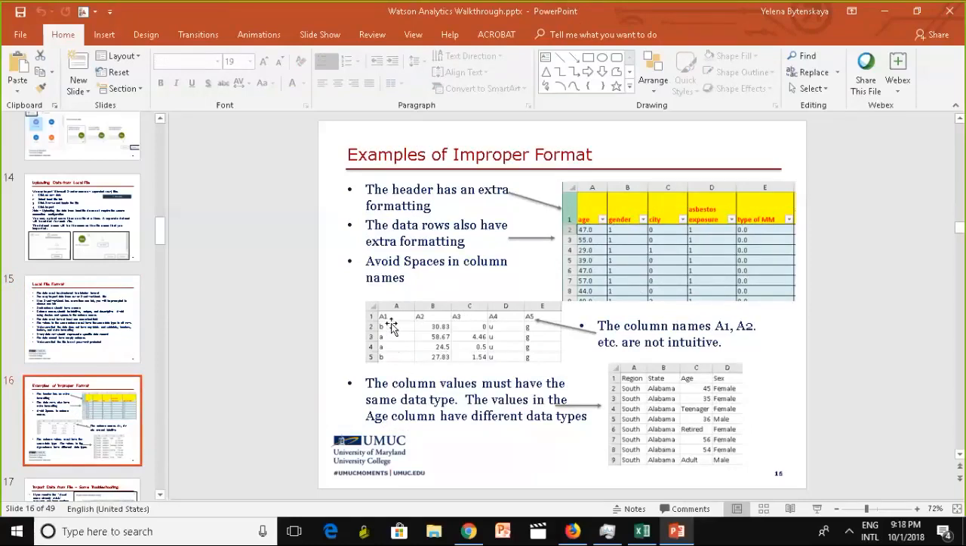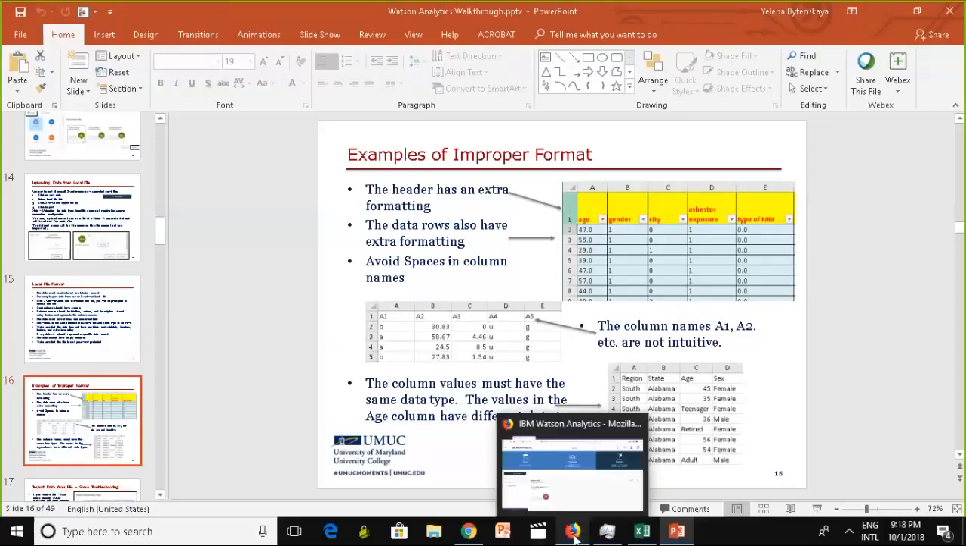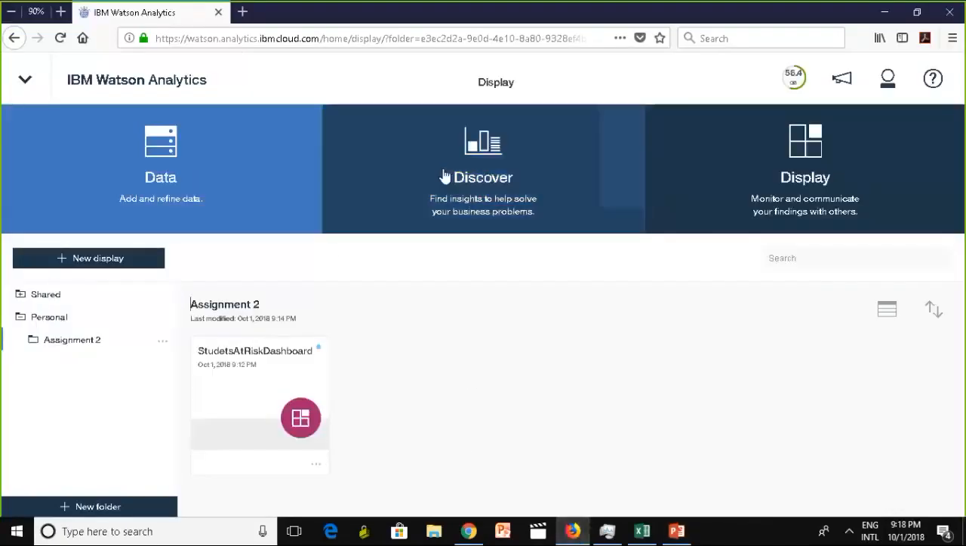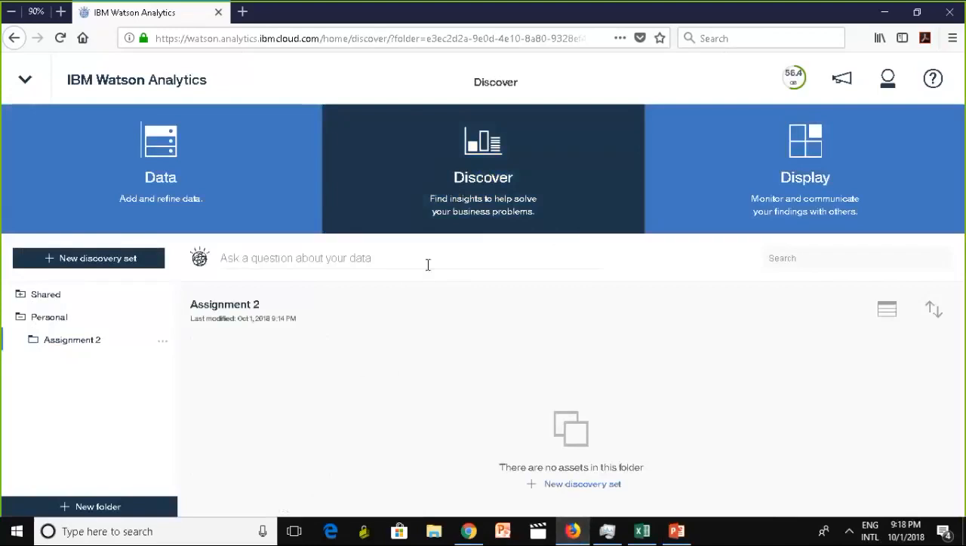Here, the problem is the column names are not descriptive. If my column names are not descriptive, I cannot ask intuitive questions. I would say, like, what is the relationship between A1 and A2? Is it descriptive? No, right? I'm not sure how to ask my question because every column here becomes, if you look at this discover, right, and if you go to,